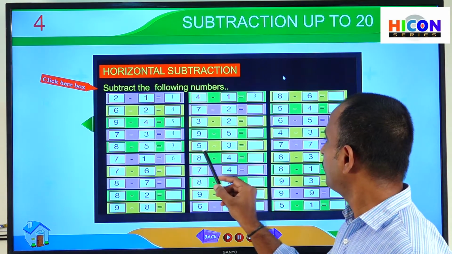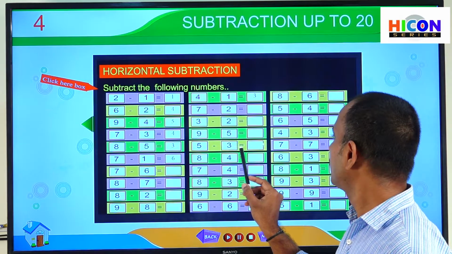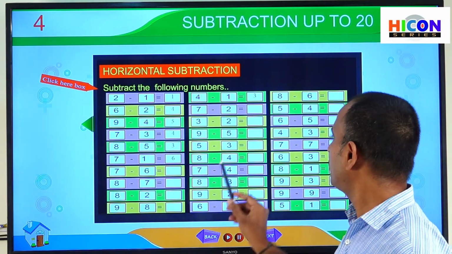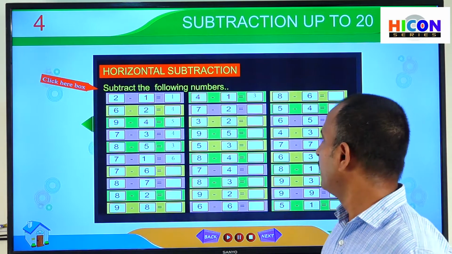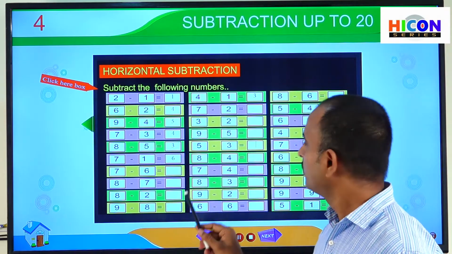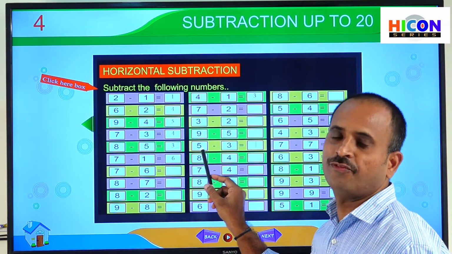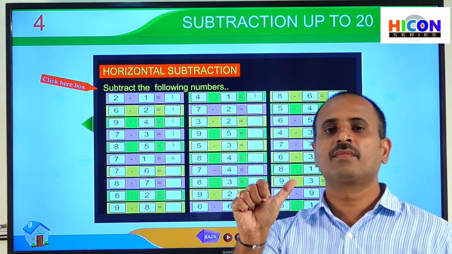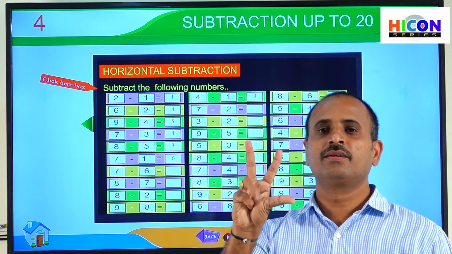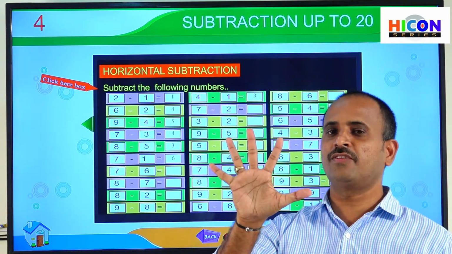So see next. See the subtraction, 5 minus 3. So equal to how much? If we subtract 3 from 5, how much will we obtain? So again, we have to subtract 3 from 5. What is the first number here? 5. So open 5 fingers of your hand. It is 1, 2, 3, 4, 5. Children, these are the 5 fingers.